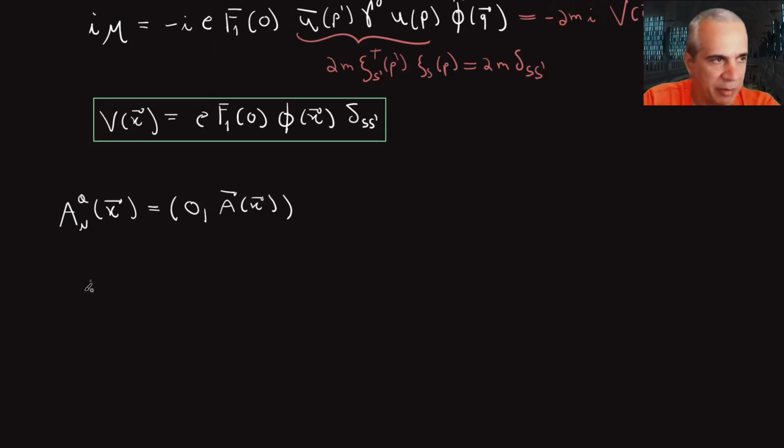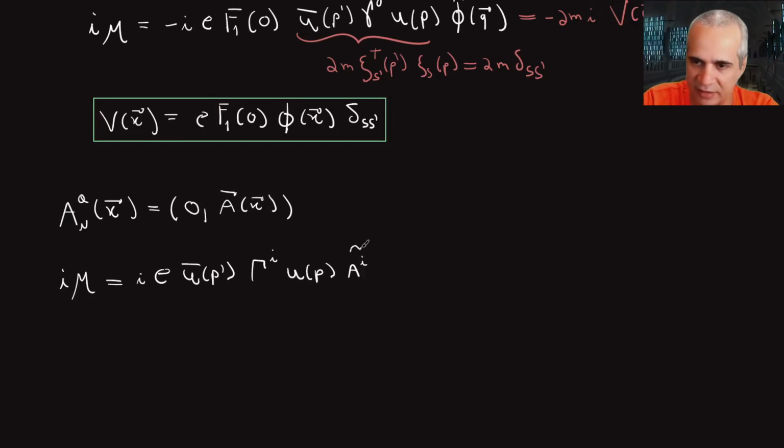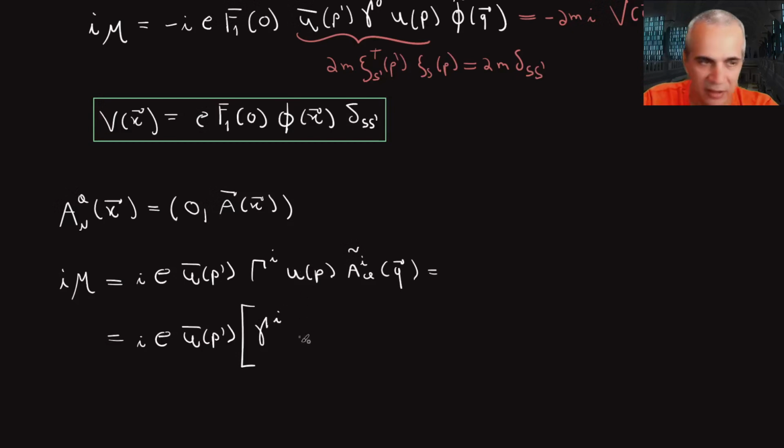So now, going back to our expression, this iM that we had before is the same thing, but now these three components are different from 0, and this one is 0. So now I'll have i e ū(p') times γ^i, where i goes from 1 to 3, it's just the three space coordinates, u(p), A_i classical of q. Here I raised this index, so be careful, there's a minus that disappears from here because of that. I'm not consistent with these tildes; I'll leave it there. And then I can rewrite this as i e ū(p') times the whole thing. It's not easy to just get rid of a part of it, I have to look at the whole thing,